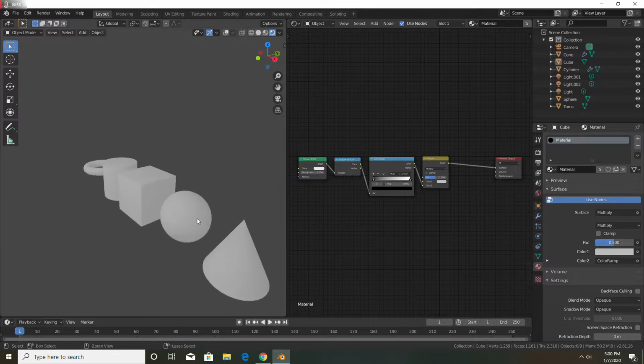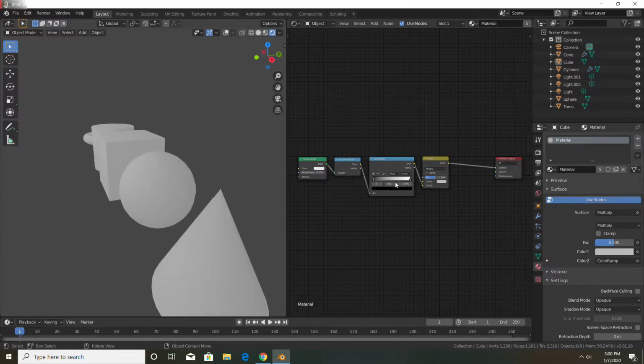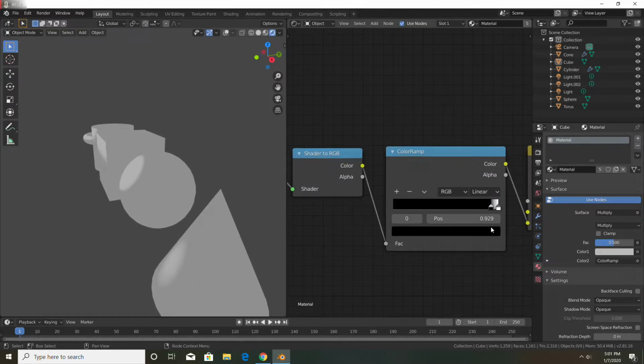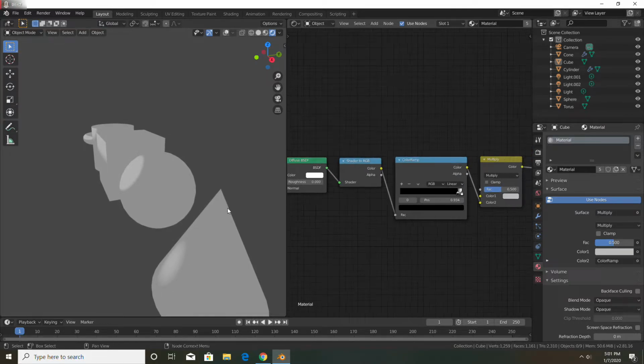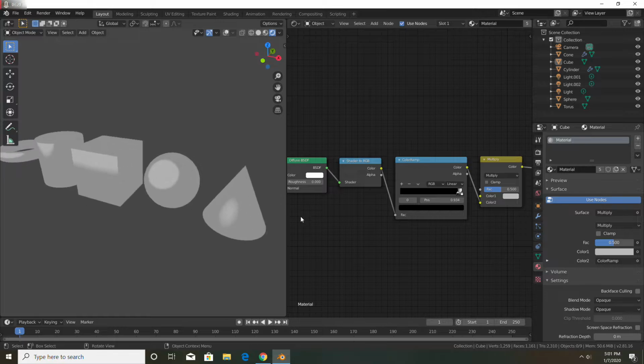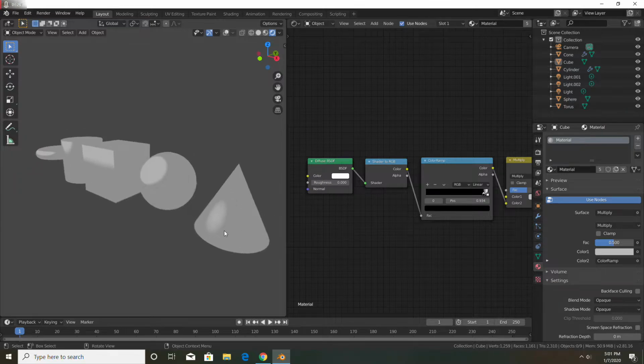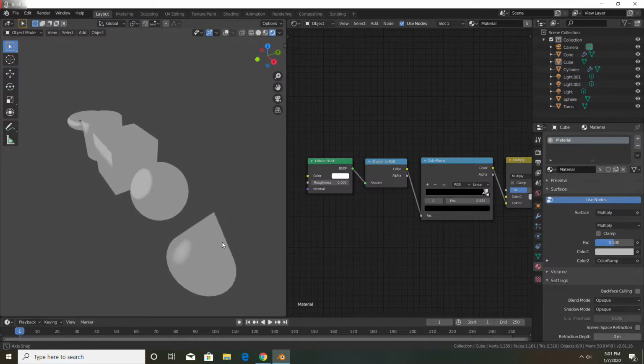Right? It doesn't quite look like a Toon shader yet, but that's because I've yet to do a few things. First, we're going to turn the diffuse all the way up. And then we are going to move the arrows on the color ramp as far to the right as possible. Alright, right about here is probably good. That's probably enough. And as you can see,